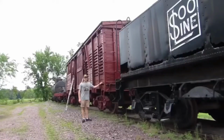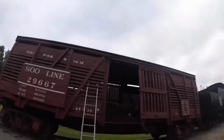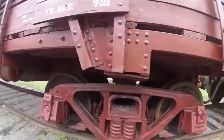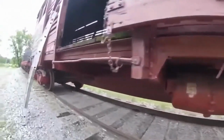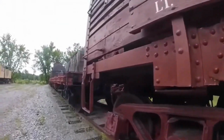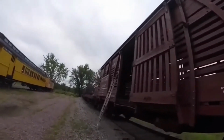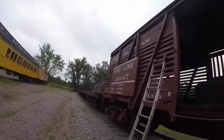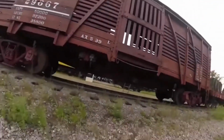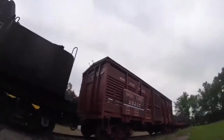What you see right behind me is Soo Line 29667. Soo Line 29667 was built by Haskell and Barker in Michigan City, Indiana in 1921 and is a stock car. This car was built in a number series of 400 cars numbered from 29600 through 29999, and it was used for many years on the Soo Line on freight trains